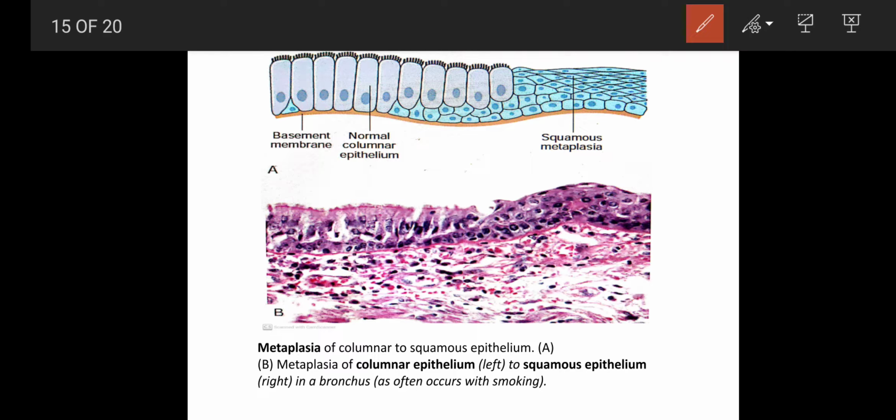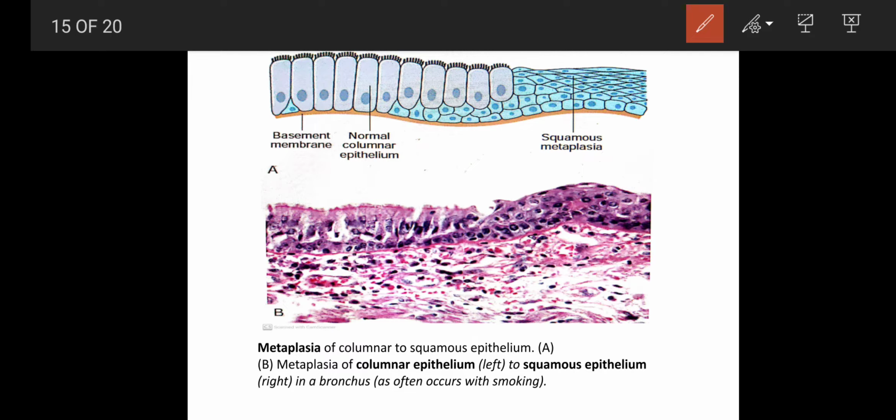Now let me remind you what a metaplasia is. Metaplasia is a type of cellular adaptation, number one. Number two, it is a cellular adaptation wherein the epithelium is changing from one type to another, but the parent tissue remains the same. What is the meaning of this? Let me explain. We have three main kinds of tissue: epithelial tissue, mesenchymal tissue, and neural tissue. Under epithelial tissue, we have, for example, columnar epithelium, cuboidal epithelium, and squamous epithelium.